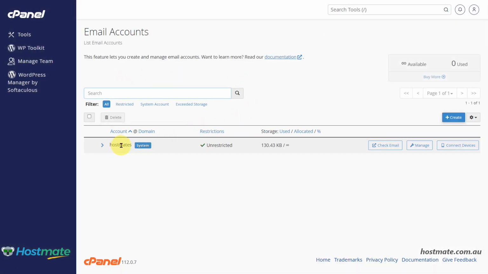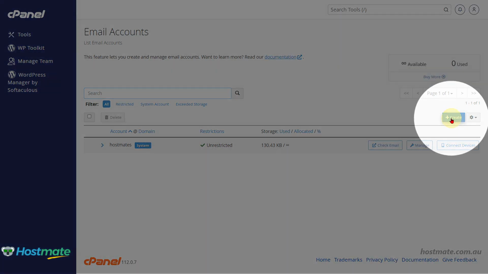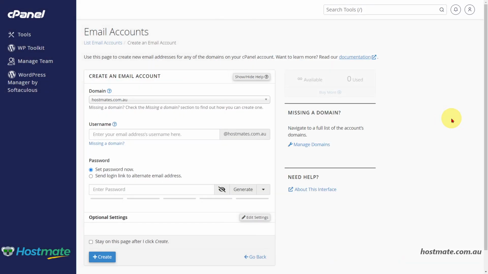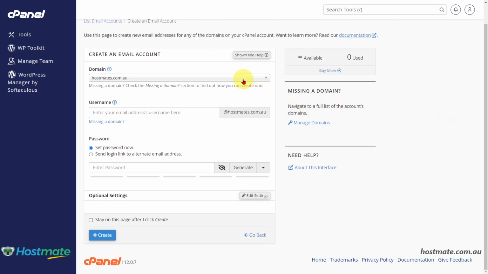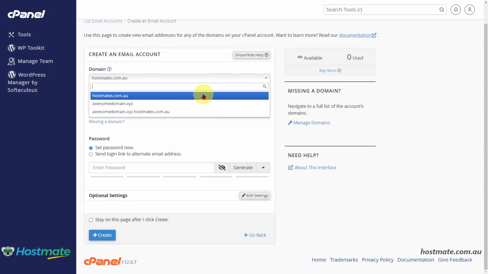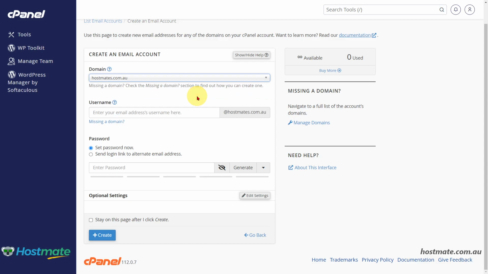And you'll see your default system address, which is the catch-all, which is turned off by default. You can turn that on if you like. But to create a new email account, we click on the Create button over here. And if you have other domains, you can select which domain you would like to create your new email address on. I'm just going to use the default system or the primary domain hostmates.com.au,